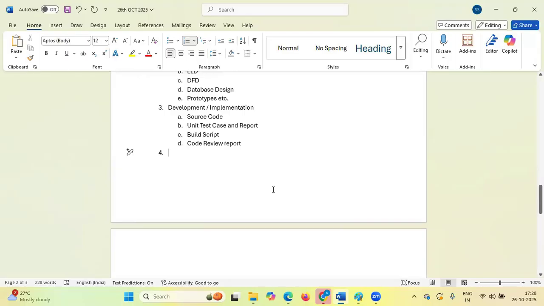Fourth one is basically testing, you must have heard about it, right? In testing it comes as automation and manual both. So for the fourth one, testing. First one is what? Test plan we have to create, either an automation test plan, a manual test plan, or an entire project test plan. Okay. Next is what? What is the deliverable next? Test cases, or test scripts if you are going to do automation testing.